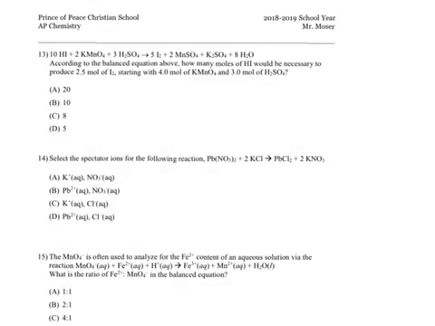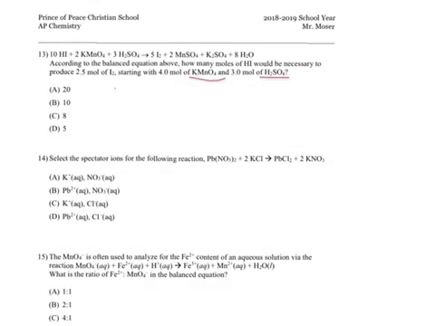All right, looking at problem number 13, it looks complicated, but in fact it's very, very easy. We've got a balanced redox reaction. We want to know how many moles of HI would be necessary to produce 2.5 moles of iodine, starting with 4 moles of potassium permanganate and 3 moles of sulfuric acid. You can look at this and just by inspection realize that neither the KMnO4 nor the sulfuric acid is a limiting reagent. So at that point, all we need to do is realize that